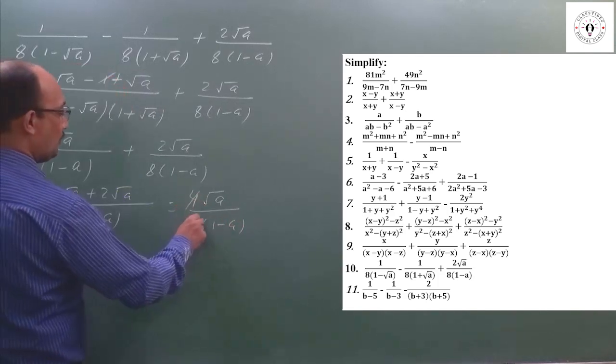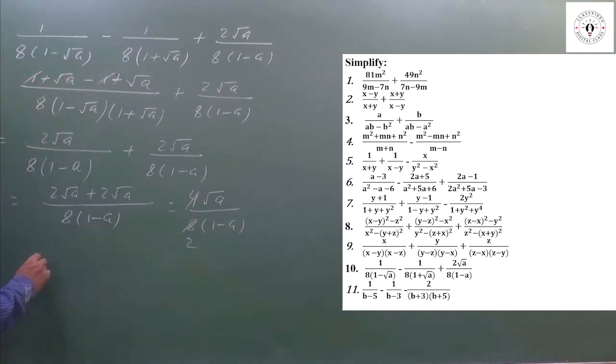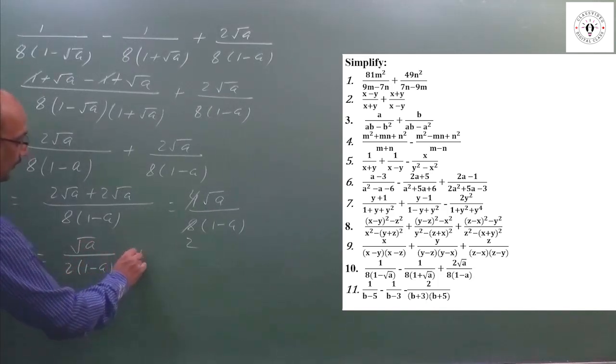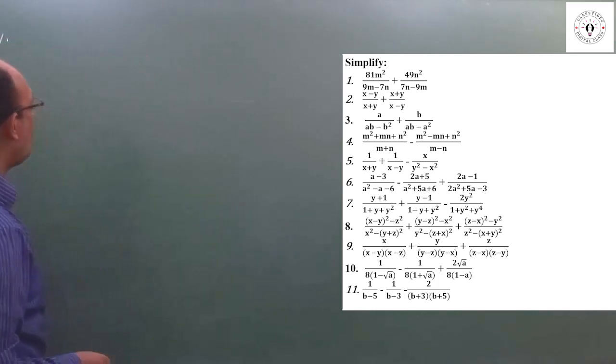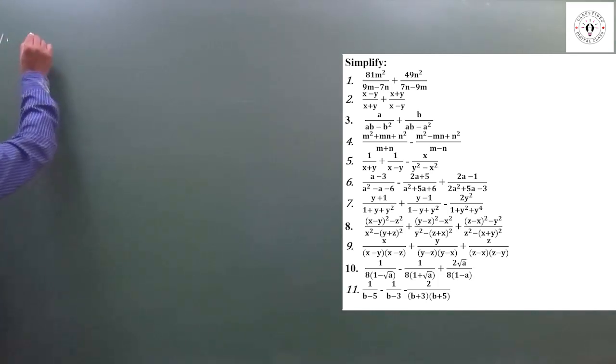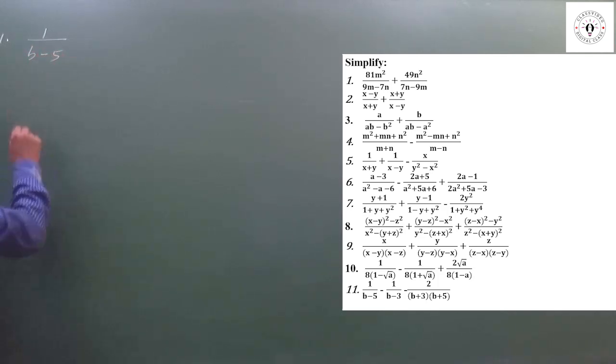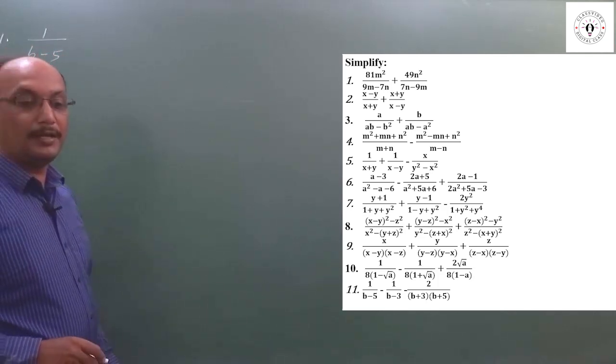So 4 2s are 8. So at last, what is left? Root a upon 2 times 1 minus a. This is simplified. Question number 11 is 1 upon b minus 5,